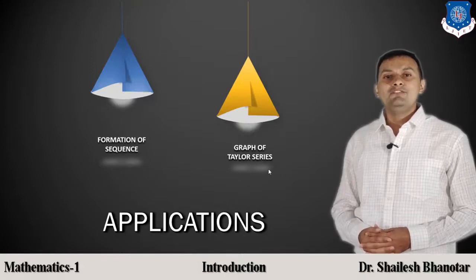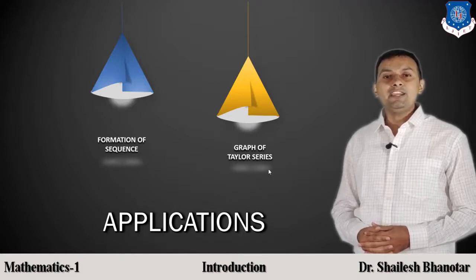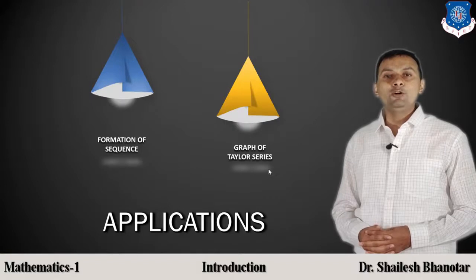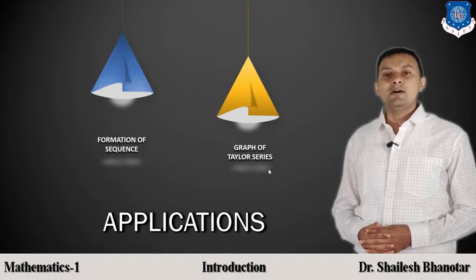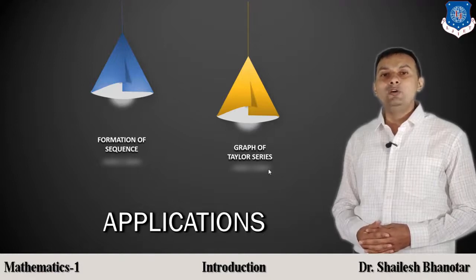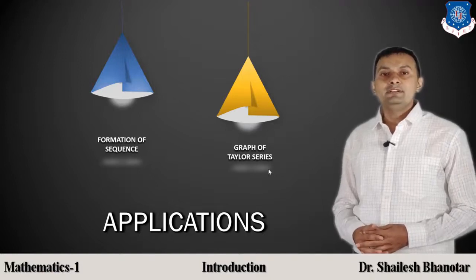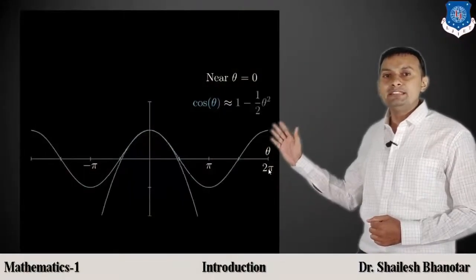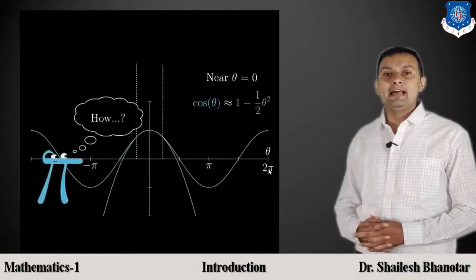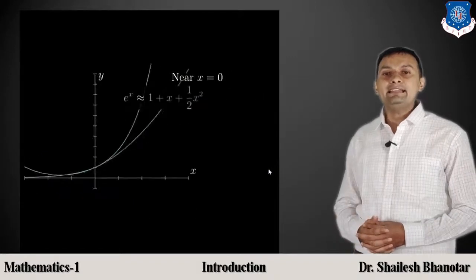For example, we all know the value of tan 45, that is 1. But if you are asked to find the value of tan 44, then you cannot give the answer directly, and there arises a need for a scientific calculator. Some of the basic programming of the calculator is based on Taylor series. So next we will look at the graph of the Taylor series. So here the graphs of e raised to x and sin x are shown.